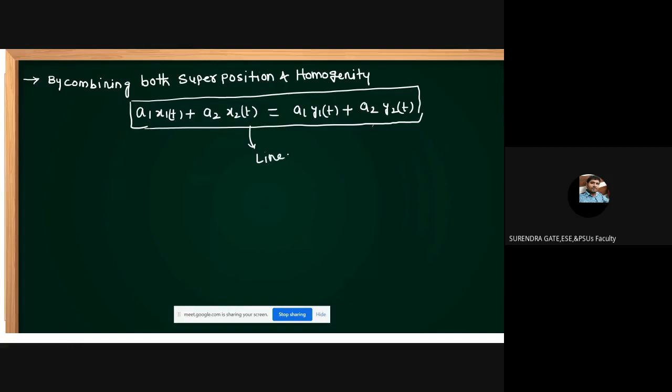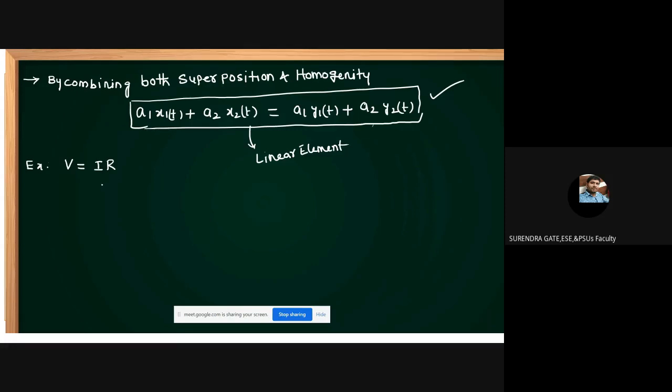This is the linear characteristics. This element is treated as linear. Like this, we can identify mathematically whether a given element is linear or not linear. Students, for example, I want to find whether a resistance is a linear element or not. Take the characteristics of V equal to IR. Is V equal to IR linear or non-linear? Mathematically, how to prove that it is linear or non-linear?